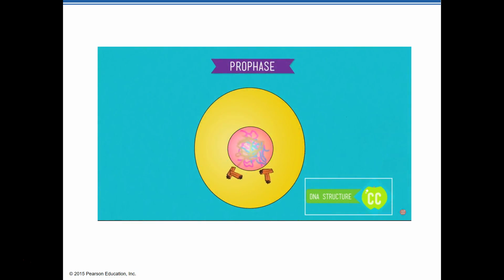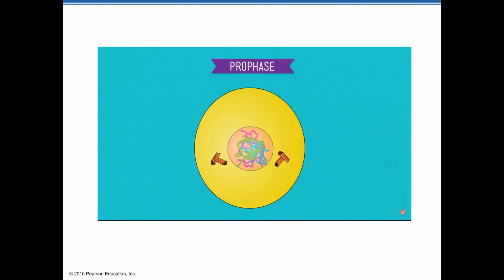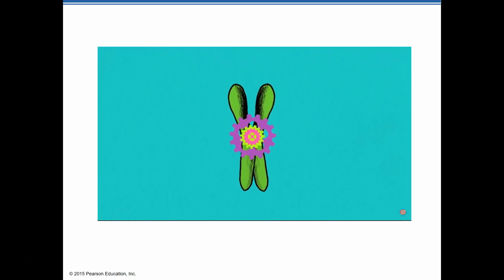Now the cell enters the first phase, or the prophase, when that mess of chromatin condenses and coils up on itself to produce thick strands of DNA wrapped around proteins. Those, my friends, are your chromosomes. Instead of dust bunnies, the DNA is starting to look a little bit more like dreadlocks. And the duplicates that have been made don't just float around freely, they stay attached to the original, and together they look like little X's.